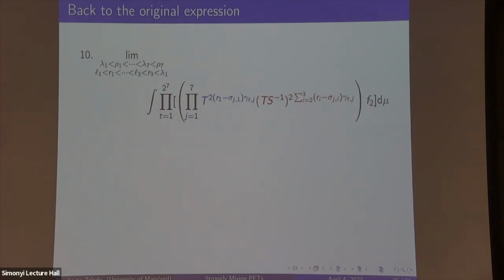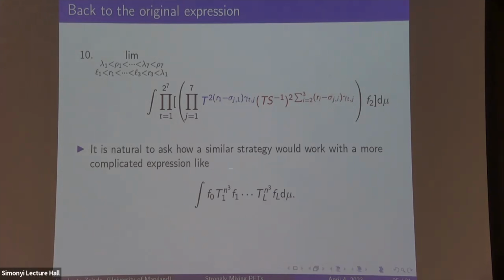But when we have both parts, we'll have to apply van der Corput. It is true that there will be some extra interactions that one has to be careful with. But at least it is believable that by applying van der Corput to the parameters, we will eventually get only powers of TS and ST inverse. Right, now, what is the new issue? The new issue is that in reality, we want to prove more general results. And there are only two options. One is that one develops a very efficient algorithm for computing van der Corput after many steps, and that is not good. And the other option is to